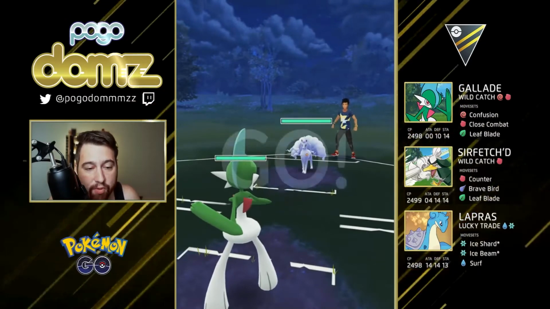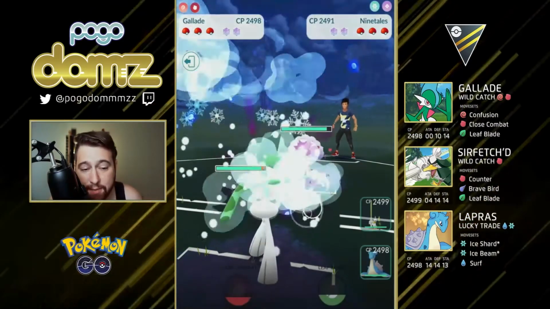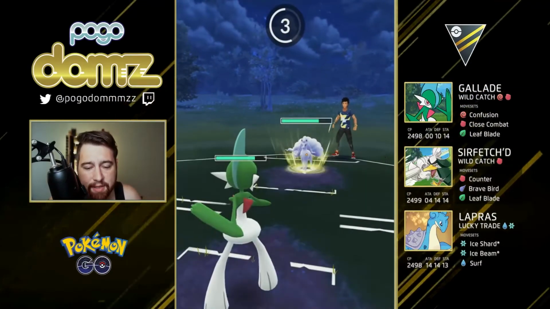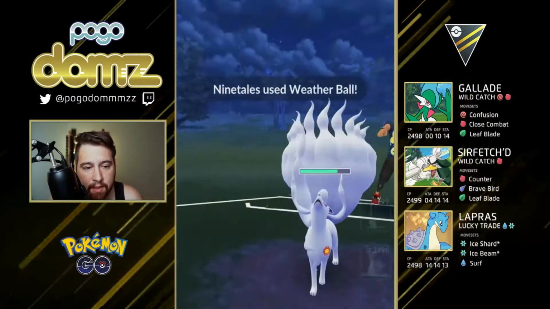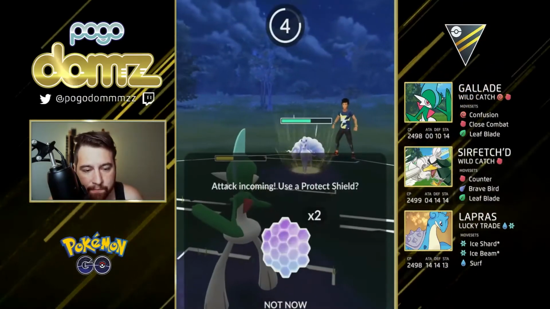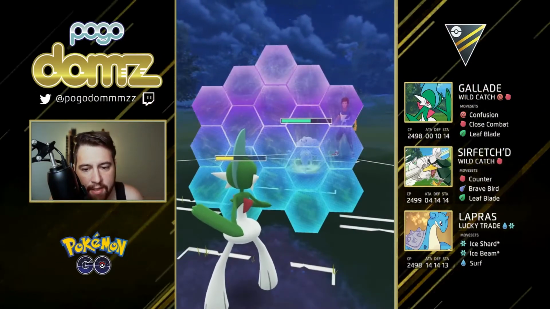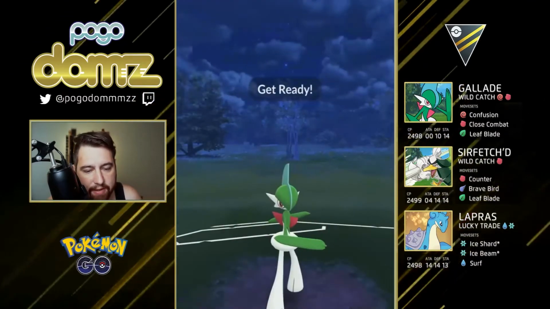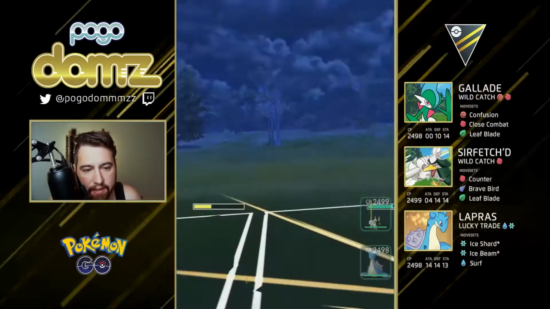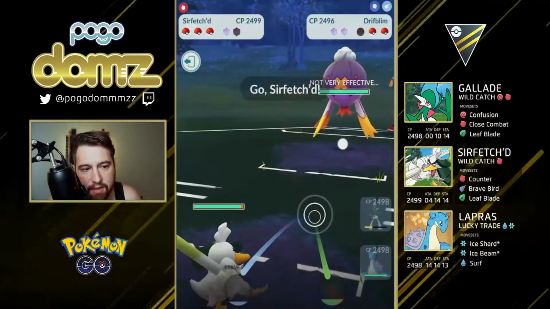So here we go, another Alolan Ninetales. Typically they have Powder Snow, usually they don't have Charm with Alolan Ninetales, and it makes it really easy for this team. So they throw the Weather Ball like I usually do, just build up, and then I shield here, and then I think I go with the Close Combat. So they usually don't shield, they know they can survive the Leaf Blade, and they usually think you're going to bait, and then I switch into